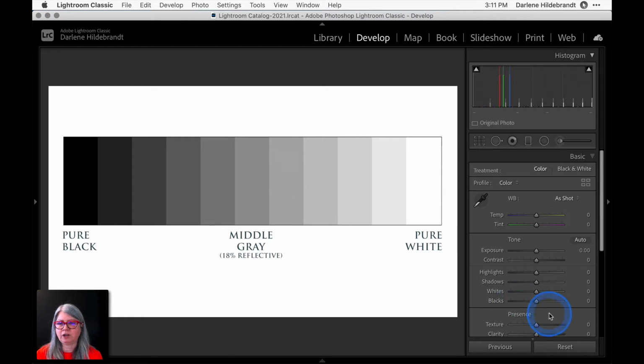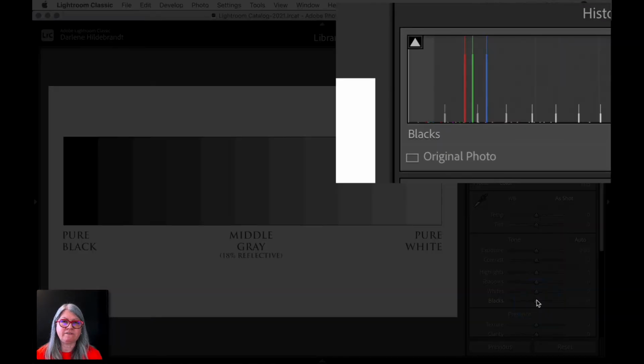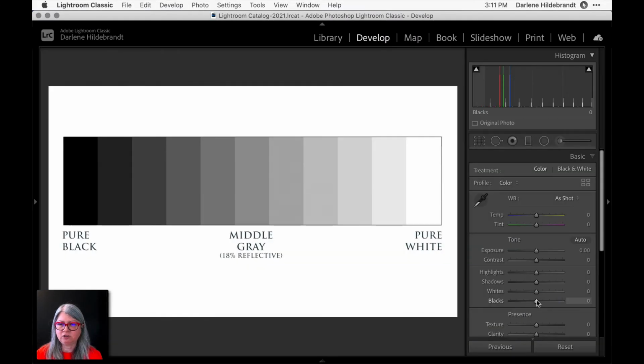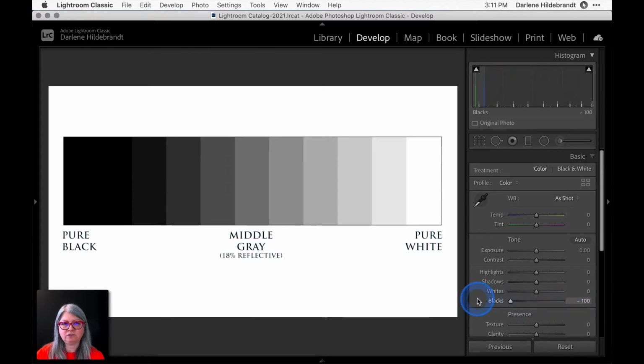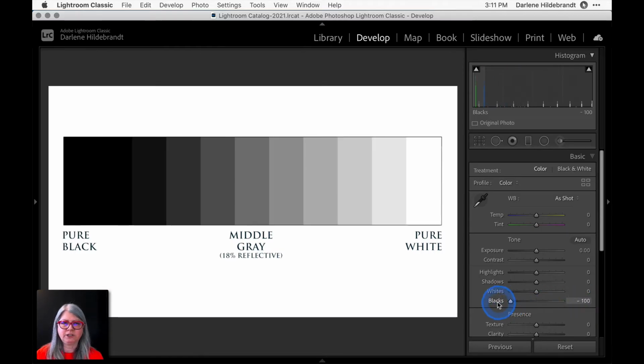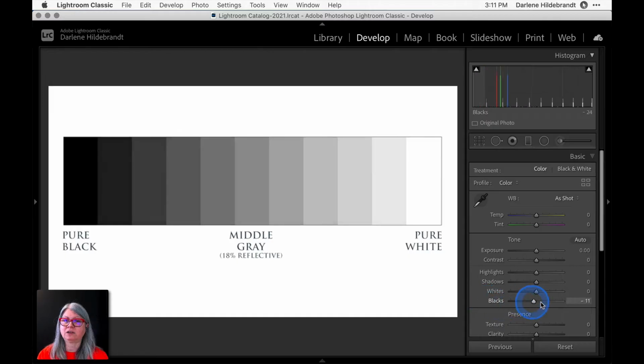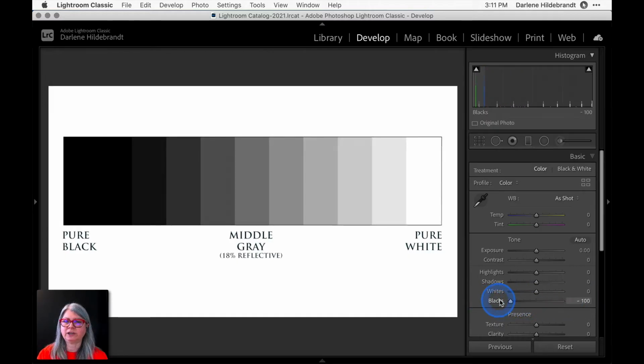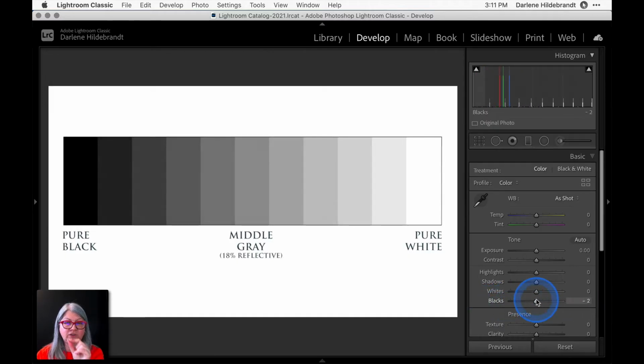So what you'll notice when I put it over blacks, it's only affecting the very far left part of the graph. Okay, so I'm going to drag this all the way to the right and then all the way to the left. All the way to the right really isn't doing anything because it's lightening the blacks. All the way to the left is adding more black. Okay, so you see how what it's doing is it's grabbing the edge of the image, the data, and dragging